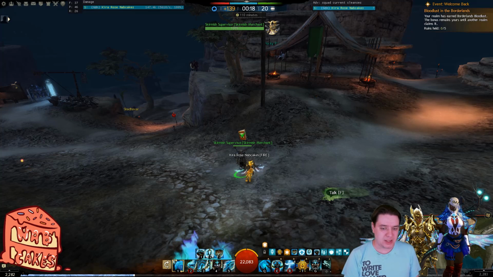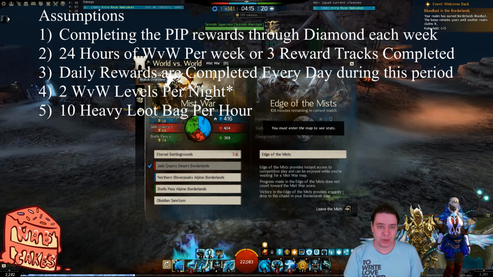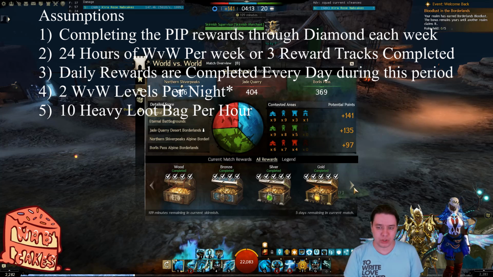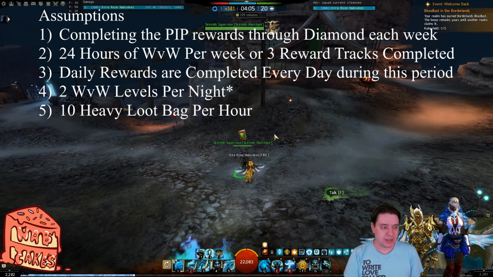So with all of that being said, let's go ahead and talk about the acquisition strategy. Okay, so let's talk about the assumptions that I have for this acquisition strategy real quick. The assumptions that I'm going to be making in regards to acquiring all of these materials are the following. Number one, that you are completing your reward track all the way through your diamond chest and completing your diamond chest every single week. That is where the time gate for the World vs. World skirmish tickets is,